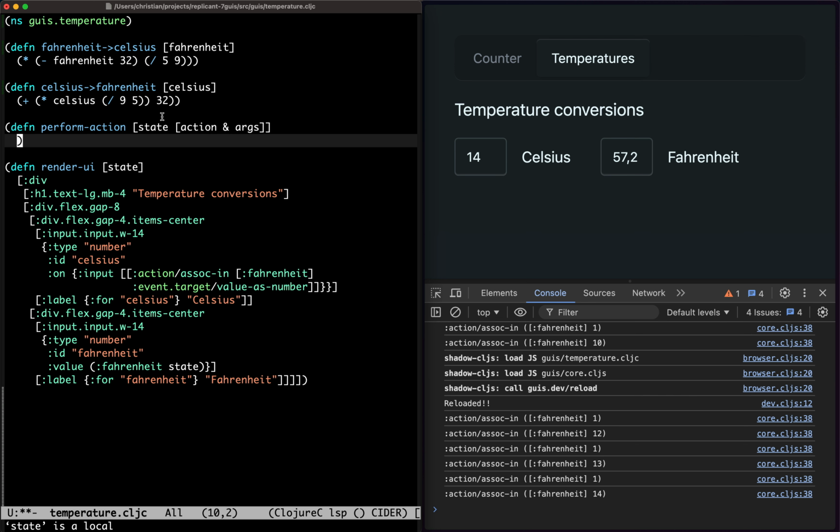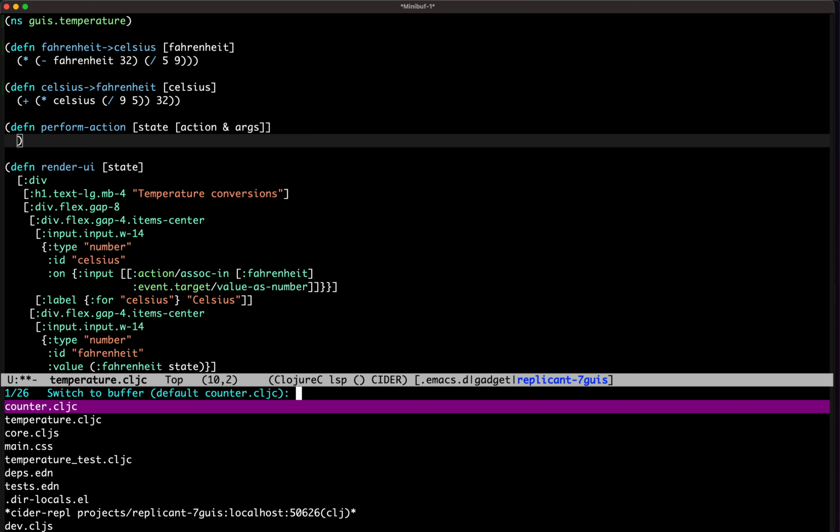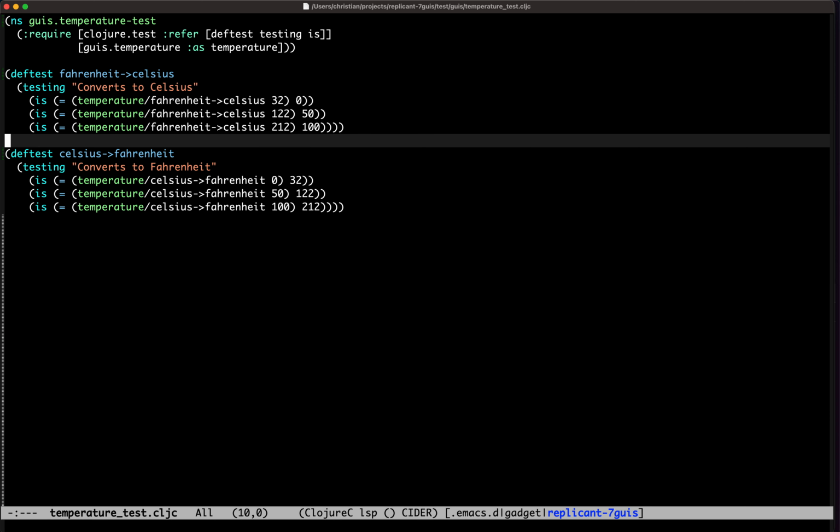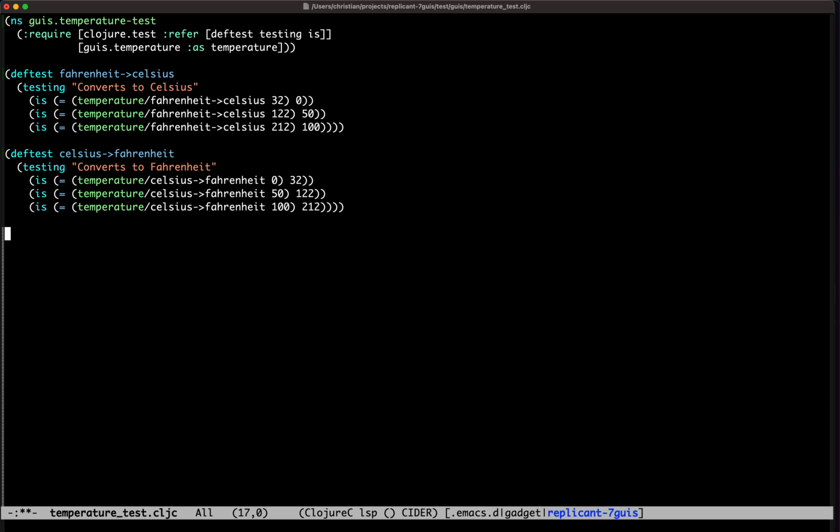And then the question becomes, what kind of action do we want? Well, let's turn to our tests again. So we need an action to use whenever the user types in a temperature. So let's call it set temperature. And then we'll say sets temperature and